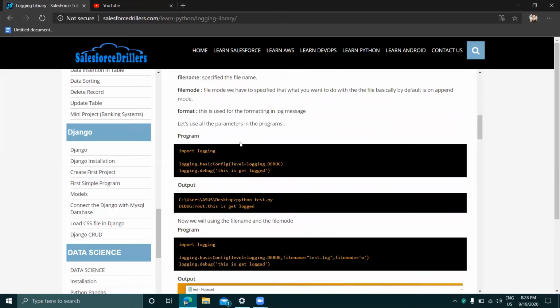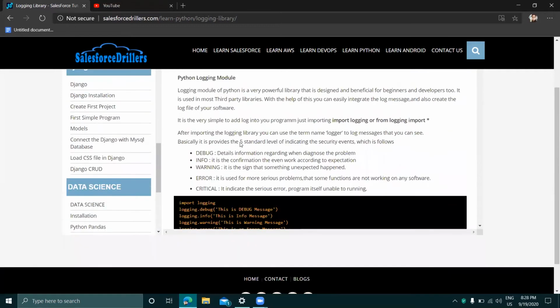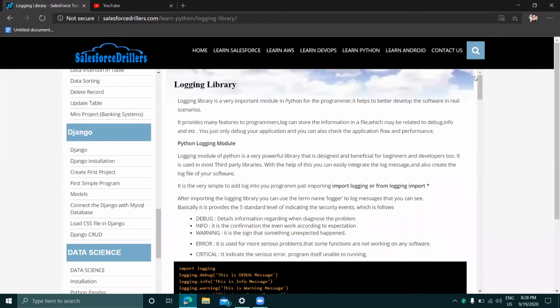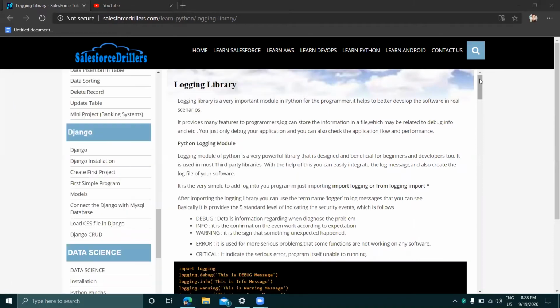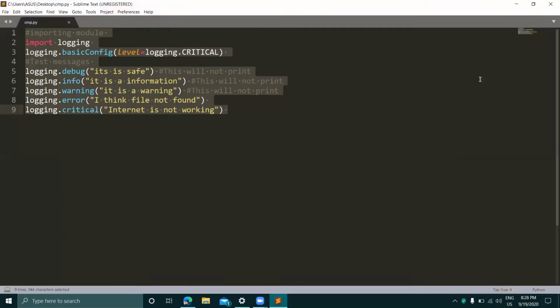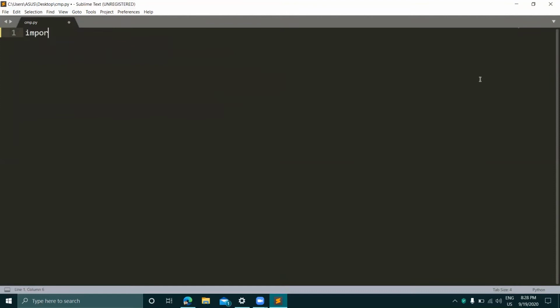Okay. So let's start with some basic programs of this logging. Open Sublime. Suppose import logging. Now logging.debug.